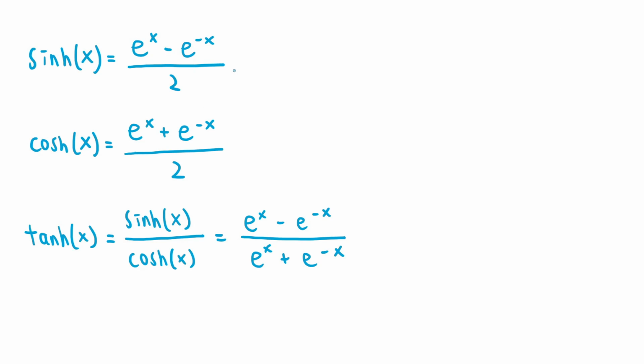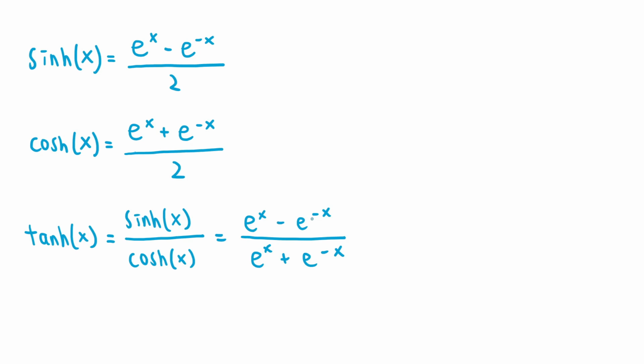So let's talk about the odd and even identities for hyperbolic functions. Recall that hyperbolic functions are defined as follows. Sinh of x, which is sometimes called hyperbolic sine, equals e to the x minus e to the negative x all over 2, and cosh of x equals e to the x plus e to the negative x all over 2. And tanh of x equals sinh of x over cosh of x, which equals